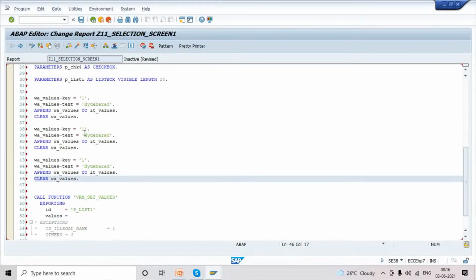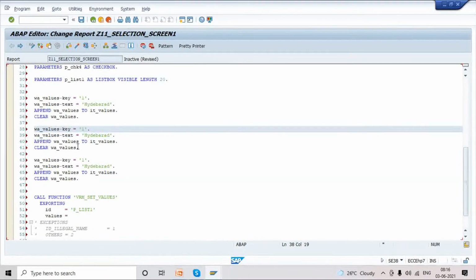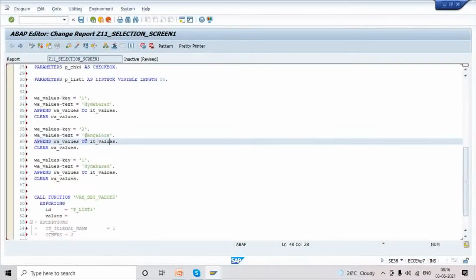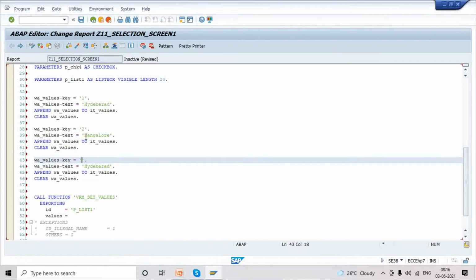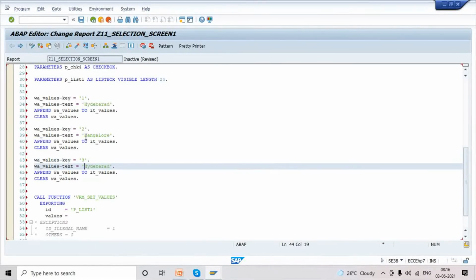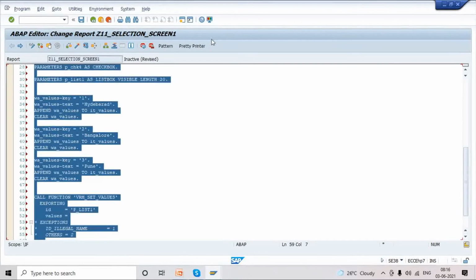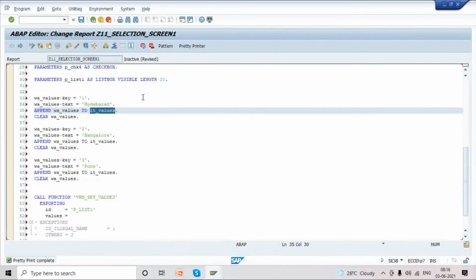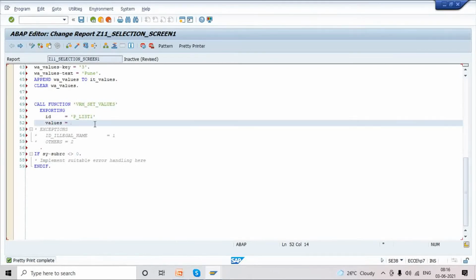This is 2, Bangalore we can say. Then 3. So we have appended 3 values to this internal table. So total 3 entries are there. You can pass this internal table.